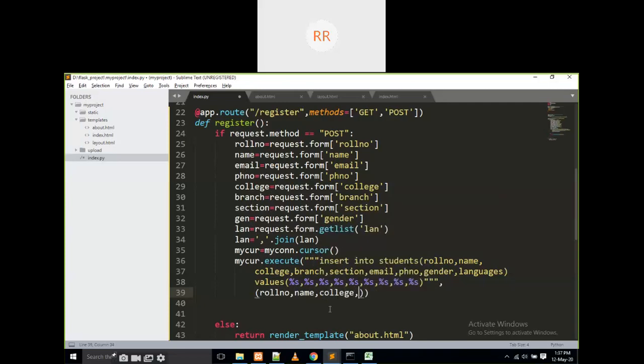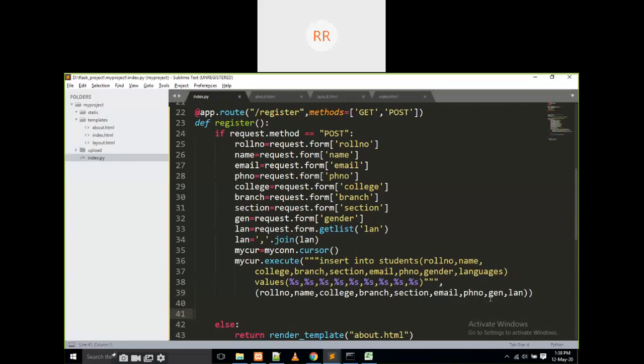After college, branch, after that is section, after section that is email, then phone number, HNO, phone number, the next gender, then LVM. Okay, 1 2 3 4 5 6 7 8 9.